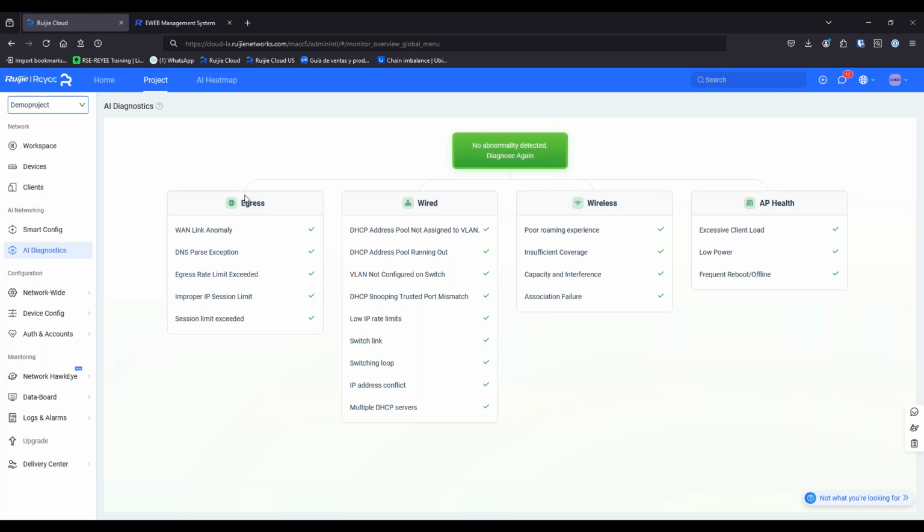So yes, we can run the diagnostics even from our cell phone, from our mobile application, and resolve something. It's only giving us a hand to see what is failing in the backend. If we have some kind of failure on the wired side, on the wireless side, on the AP health, or maybe on the WAN side, at the end it's going to give us an option to fix the problem. It's going to show as fix or handle. So you click on handle or fix, and it's going to do it